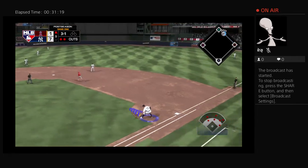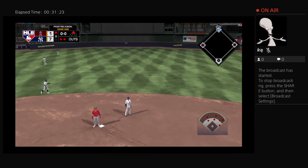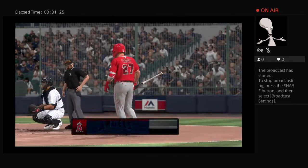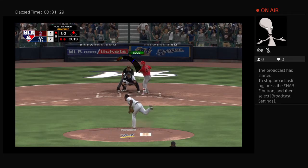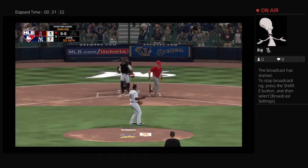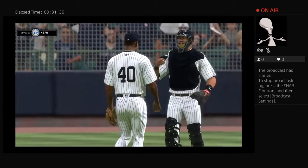Around first, digging for 2. And now he'll get into scoring position with 2 away. Striding into the box, Mike Trout, runner in scoring position with 2 outs. And he struck him out, and that'll do it for the Angels here this evening. Yeah, they can only manage 2